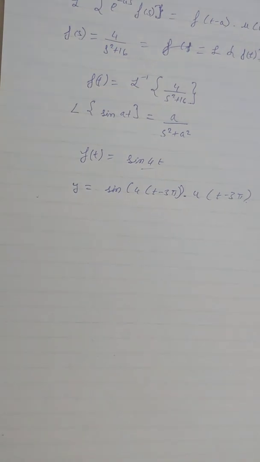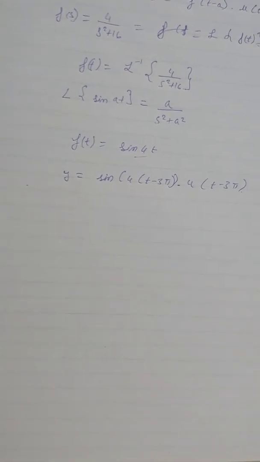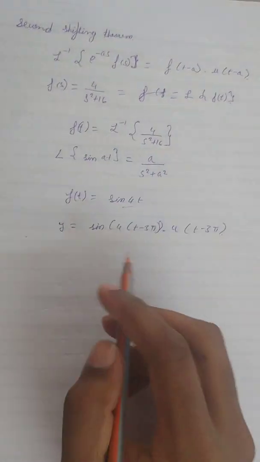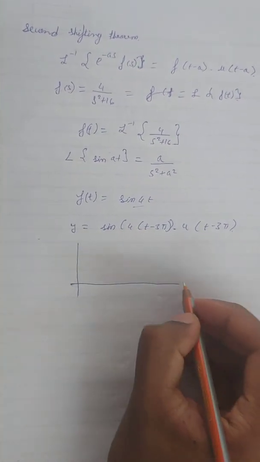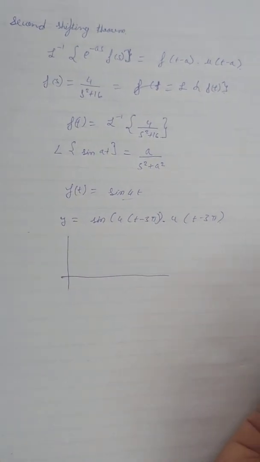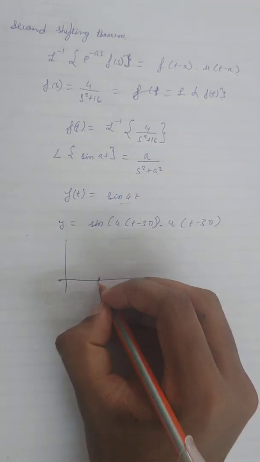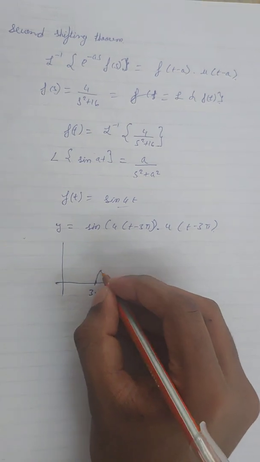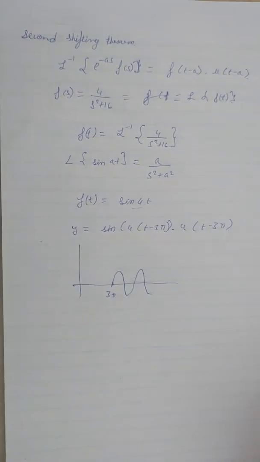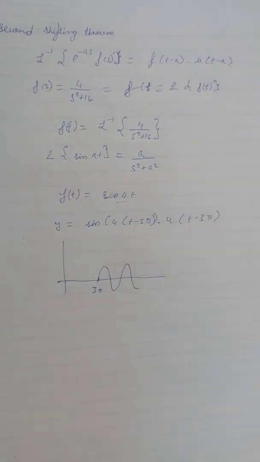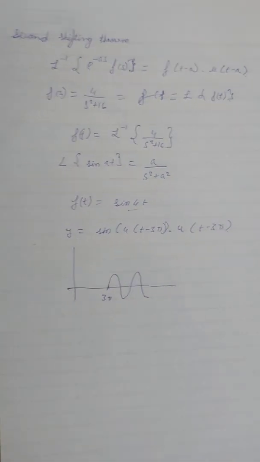So until t reaches 3 pi, the graph would be 0, and after t reaches 3 pi it will start a sinusoidal motion. So both these graphs are same,